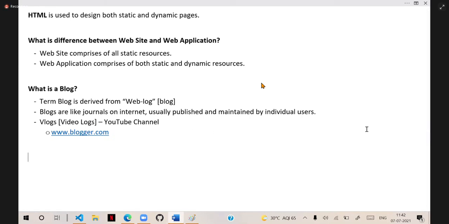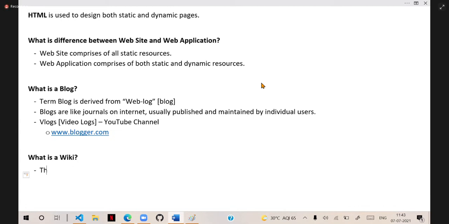Technically, another important thing in web development is, what is a wiki? On the internet, we have websites, web applications, blogs, and wikis also.